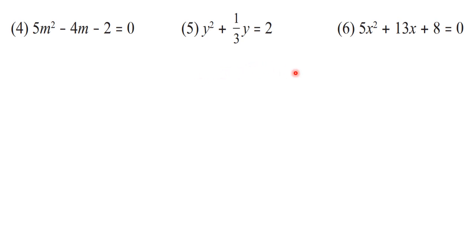Then you need to follow the steps. Compare it with the standard form, write the values of a, b and c. Then find the value of b square minus 4ac. Write the formula. Substitute the values. If the discriminant is a prime number, simply separate it, once plus, once minus, that's all. If the discriminant is a perfect square, then write down the answer of that perfect square. So there will not be any irrational number.